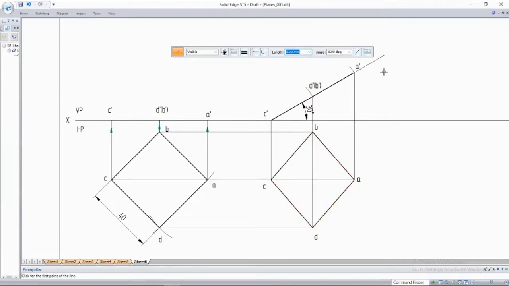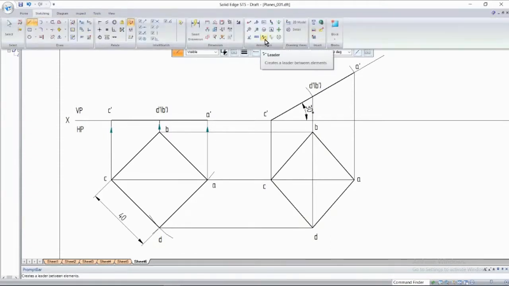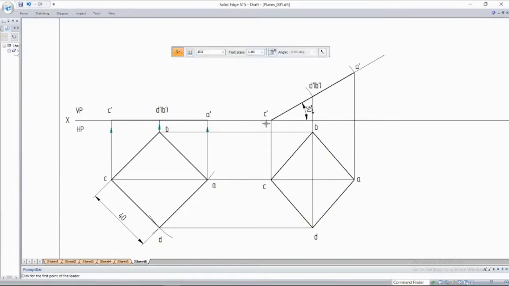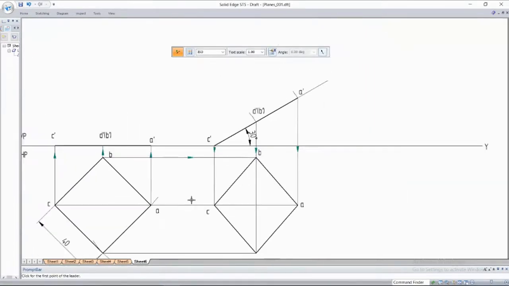At the end, show how we have drawn it, that is direction of projections, by using the leader command in the annotation toolbar. With this, you have drawn it downwards. This to the right.